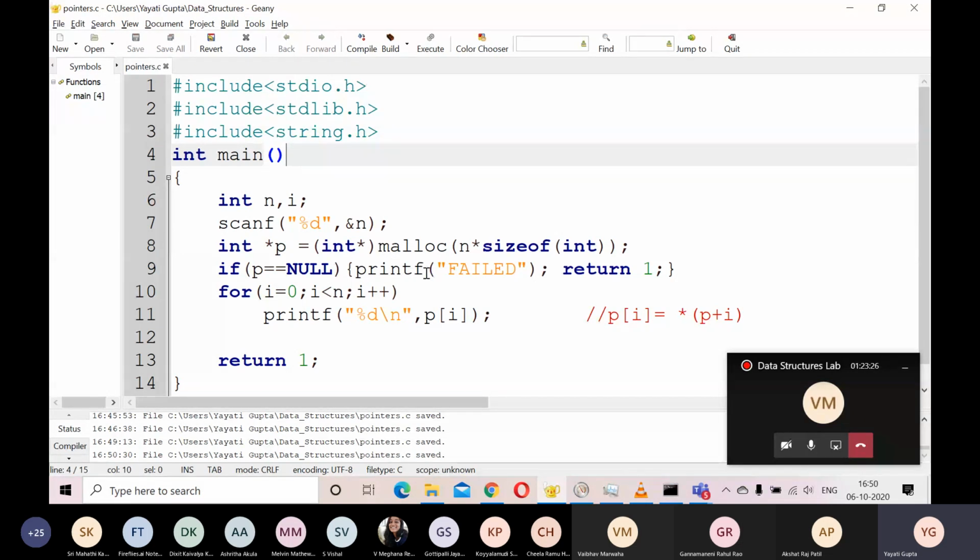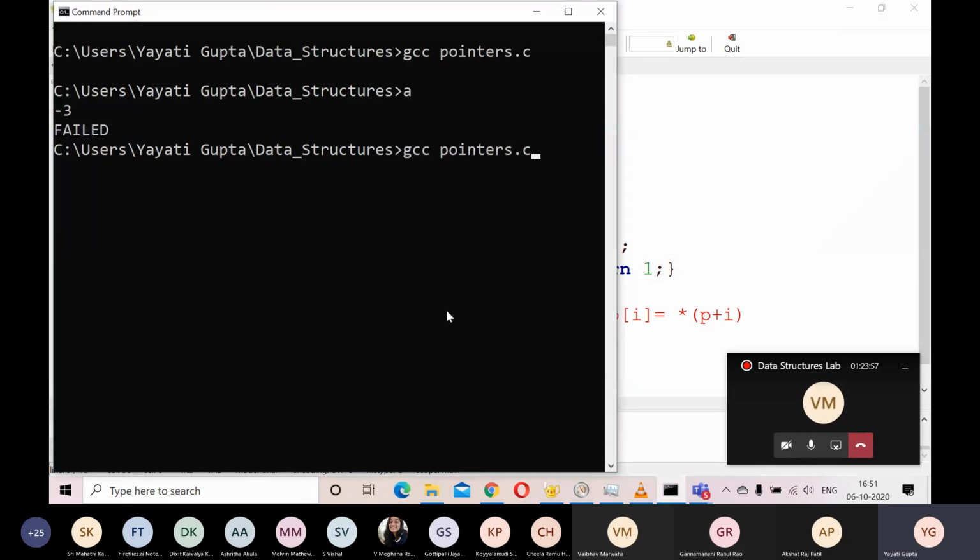There is one more function, calloc, quite similar to malloc. The only difference is in a bit of notation. If you use this calloc function here, instead of just one argument, you make these two arguments, where your first argument is the number of blocks you want and your second argument is the size of an individual block. So you can actually make it n, 3, n, 4, anything. There is one more difference between malloc and calloc, and this will be evident when we run this code.